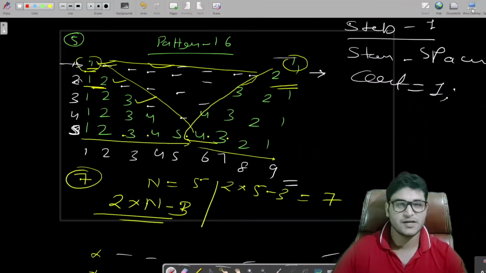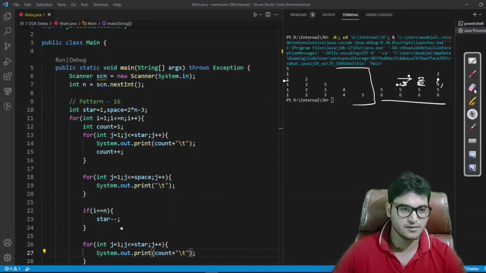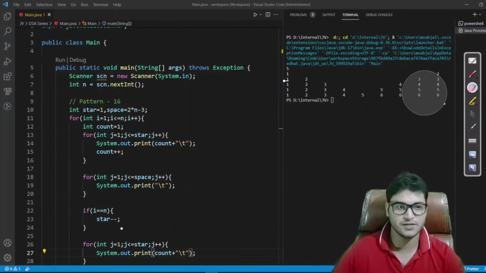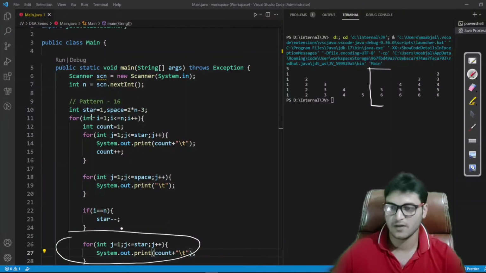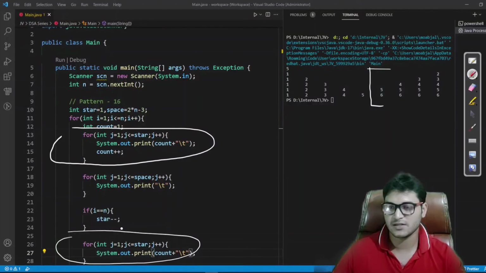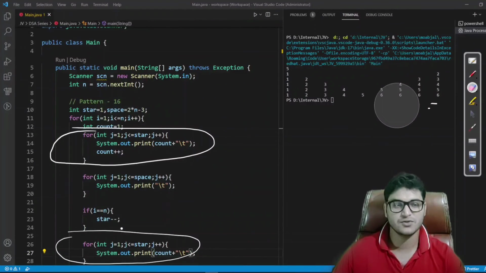So for that, we will have to check while printing these stars, because we are printing these stars in this section and we are printing these numbers in this section. Fine, so we'll apply a condition while printing these stars. So let me show you what is that condition.